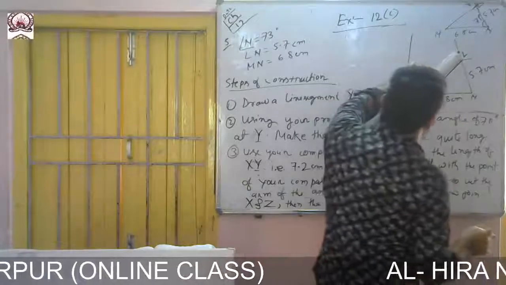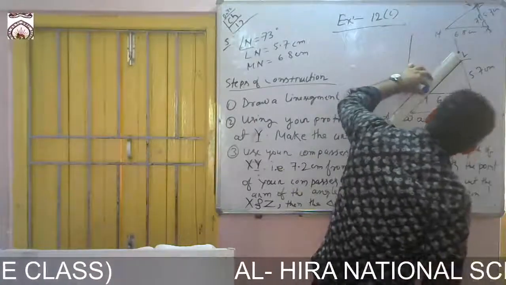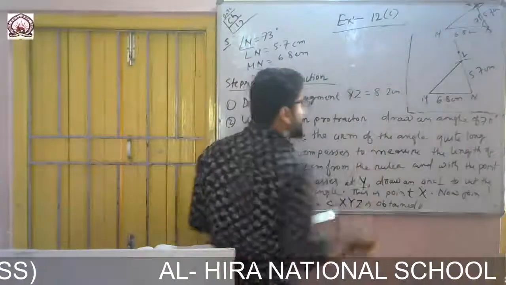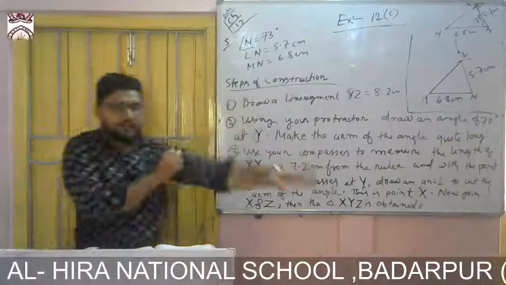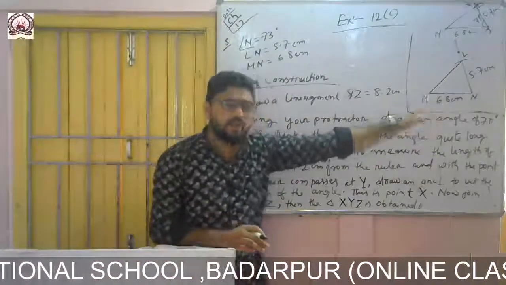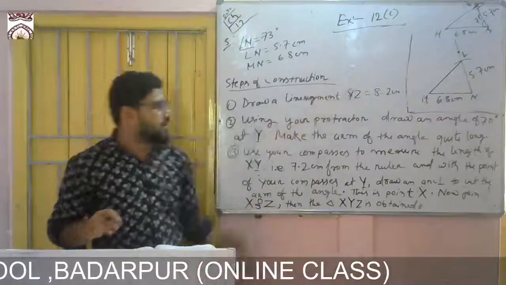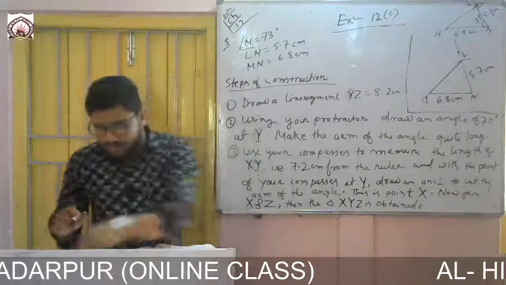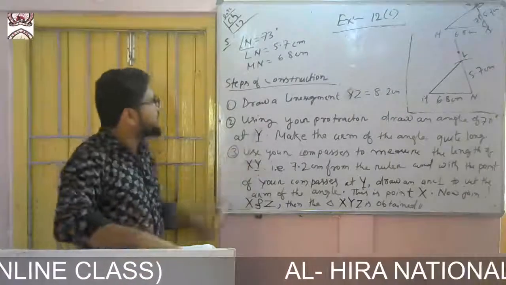Let me see what is coming on my scale. It is coming like this, 7.5. It may be wrong, but you measure with your ruler and you'll get the exact one. My drawings are not accurate, but the process is the same. If you draw like this, my measurement will not come the same.